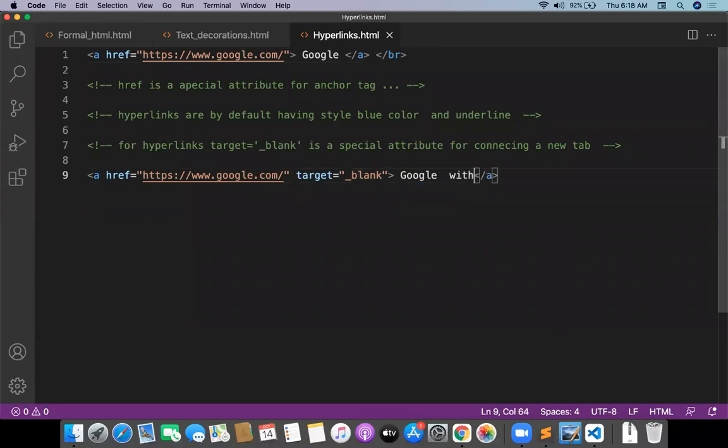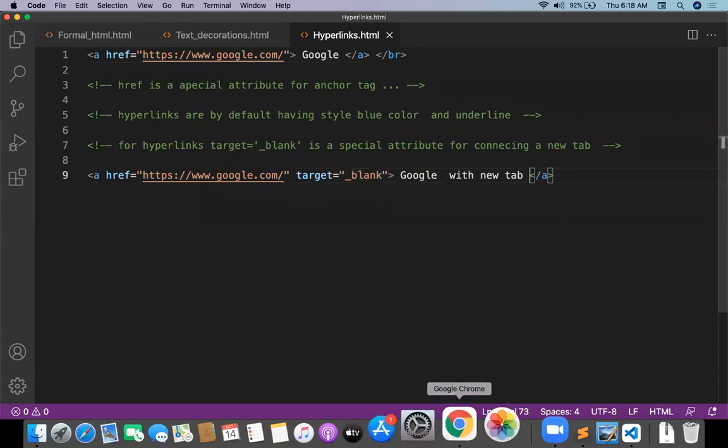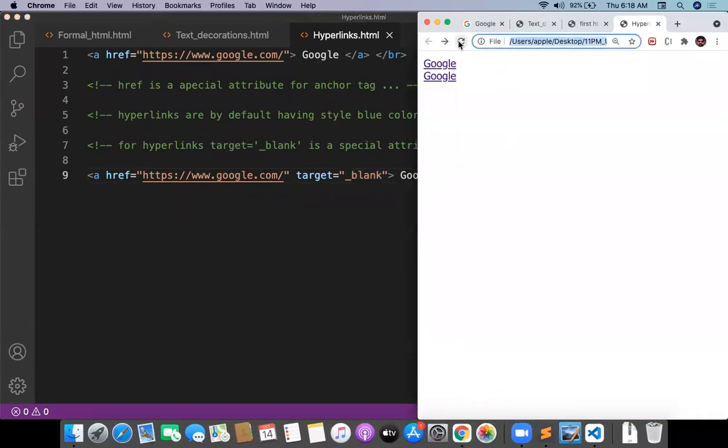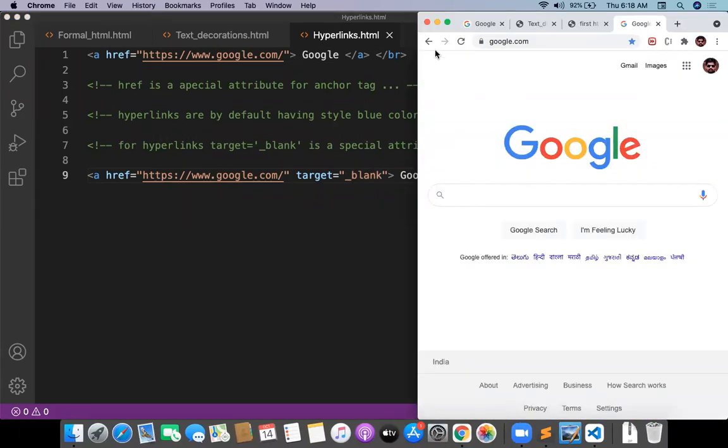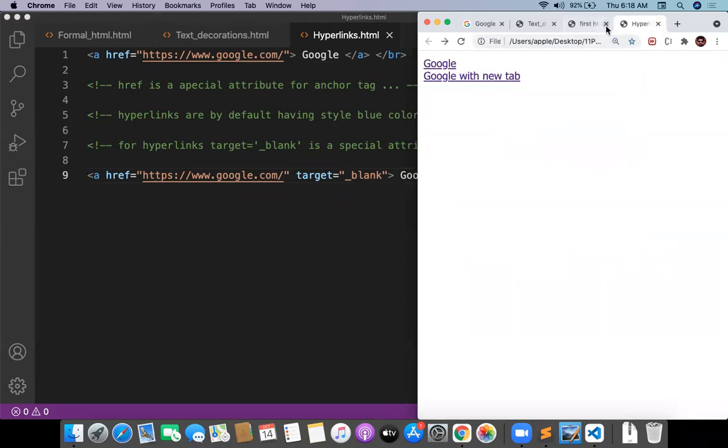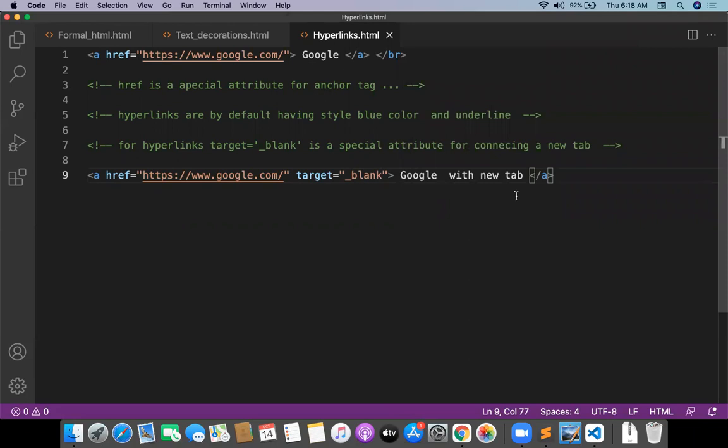Google with new tab. The first one is normal, and the second one is taking a new tab for us. That is a way of working with hyperlinks.